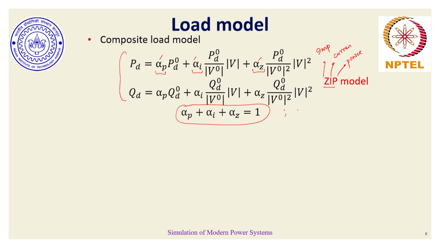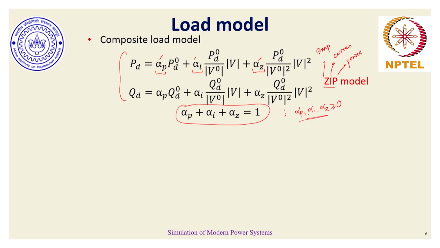There is also another inherent condition involved: alpha p, alpha I, and alpha z have to be positive numbers. They cannot be less than 0. Less than 0 would refer to a portion of a load which behaves in a reverse fashion, which doesn't make sense because a load is a physical entity or a physical quantity. Having a negative alpha p would mean that a certain portion of the load, over and above itself, is behaving in a way which doesn't exist. There is no physical notion to things which don't exist, and hence this constraint comes into action.